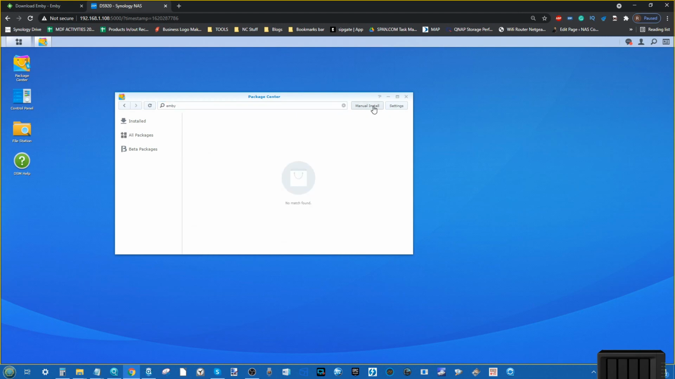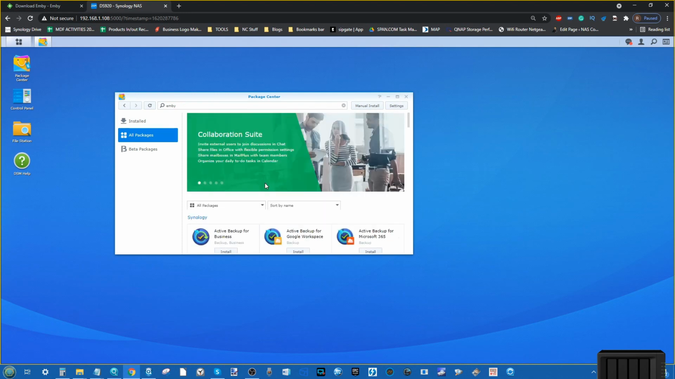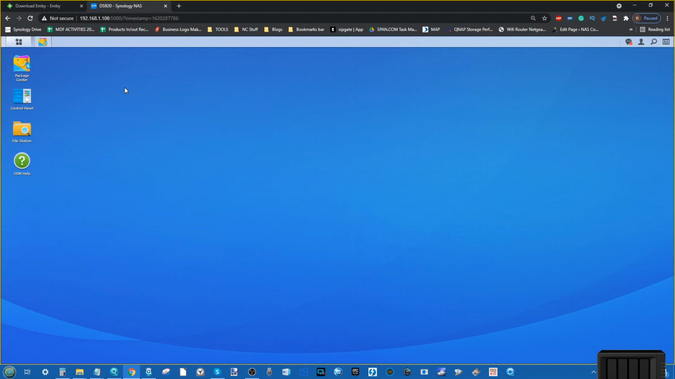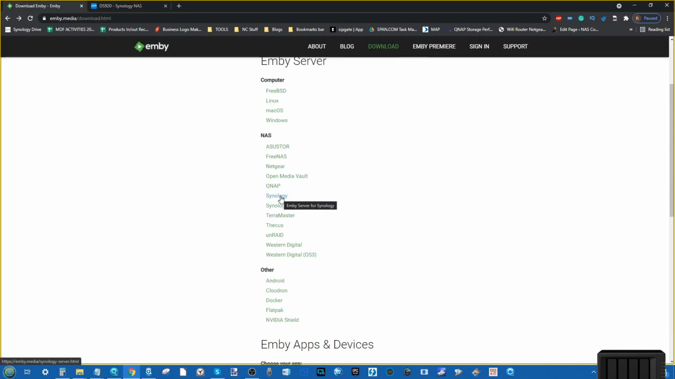Now, you can add it manually by adding a repository if you want, and I will be making a video in the near future showing you how to install it. But in today's video, we're going to look at, is Emby still worth your time as a media server in 2021? That's pretty much the focus of today's video, and I'm using the Synology DSM 6.2 version of Emby,